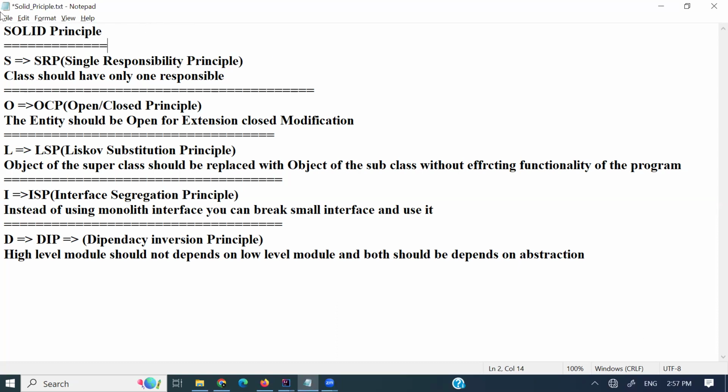The SOLID principle elaborates on, first, SRP, which is nothing but the single responsibility principle. What is SRP? It's the single responsibility principle. What does it mean? A class should have only one responsibility. One class should have only one responsibility. That is called the single responsibility principle. For example,